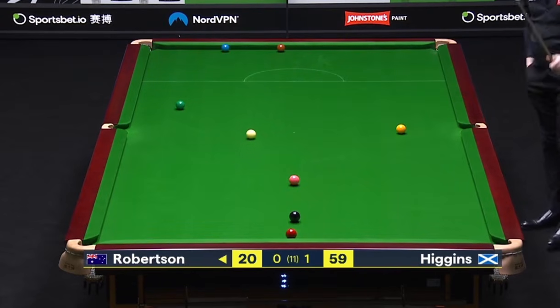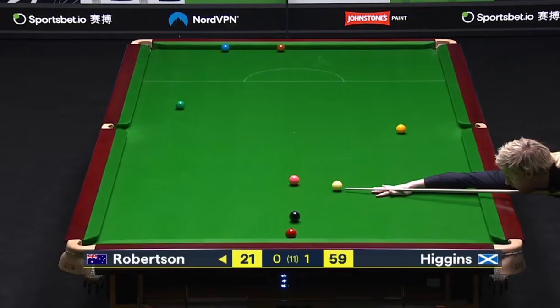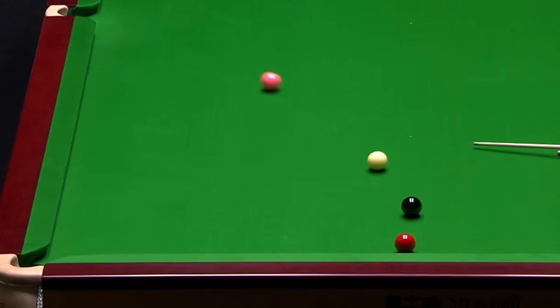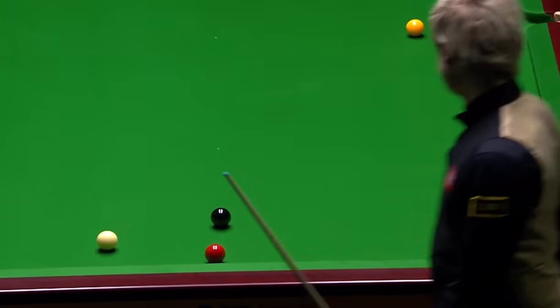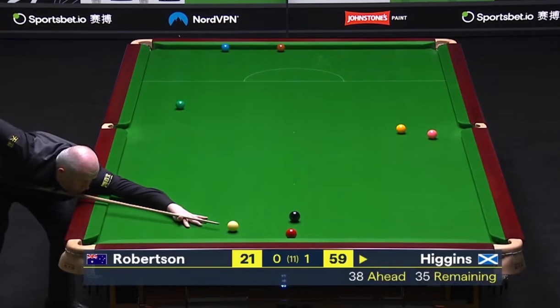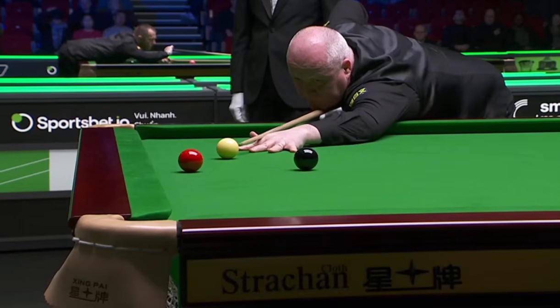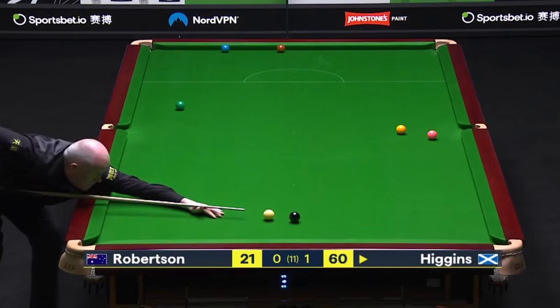That was a wee bit risky. That was a bit risky the way he played it. He's just okay. Well, in the end, he landed absolutely A1 on that pink to get right in behind that red, but the result of that means he now needs snookers. And with that red, he's surely going to...